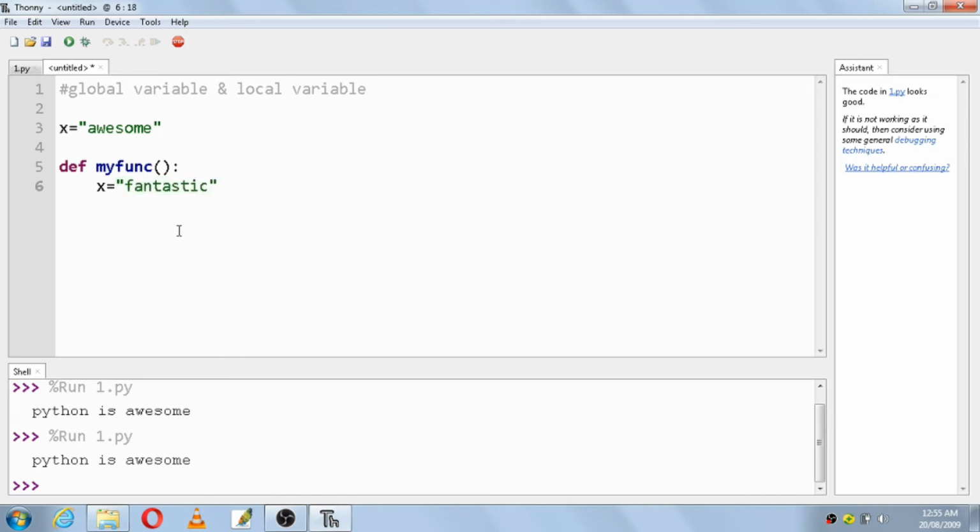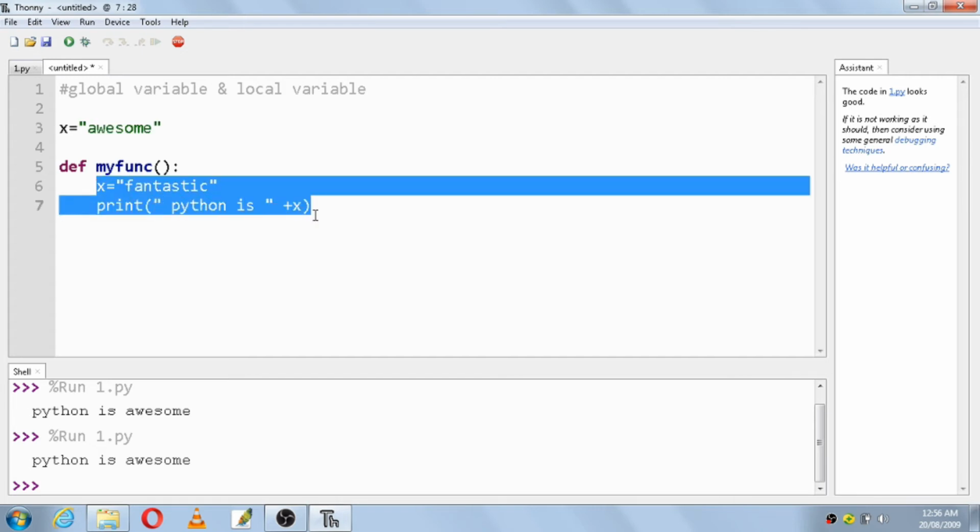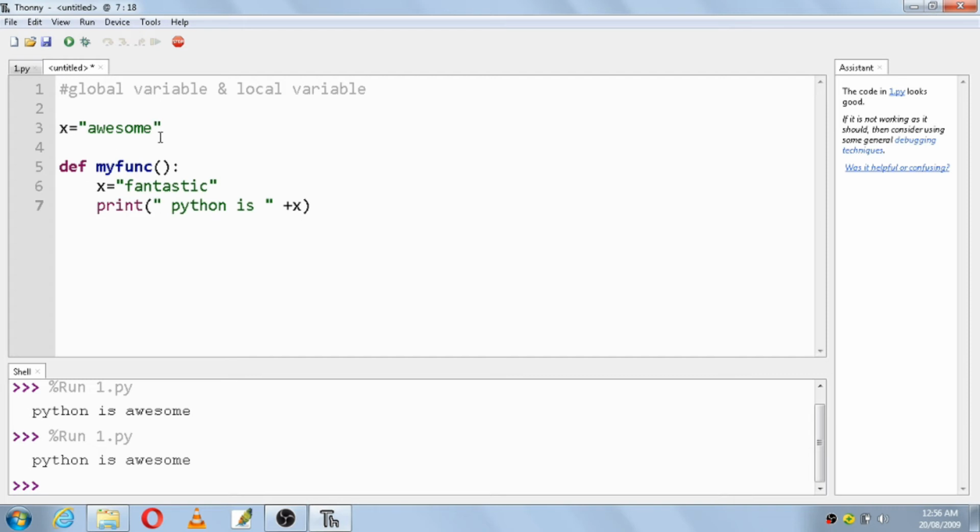Then I will write print, double quotes, Python is, close the quotes, then plus x, close the parenthesis. This is the function definition, and here x is local to this function, and the other x is global to this program. This local x value is only seen inside this function and is not initialized or seen anywhere outside the function.